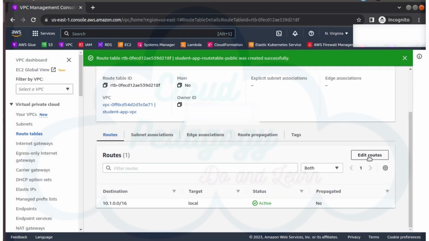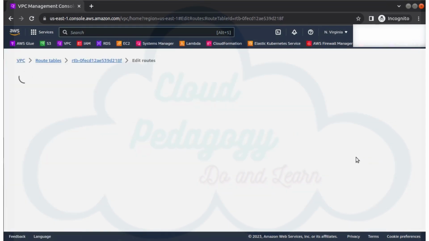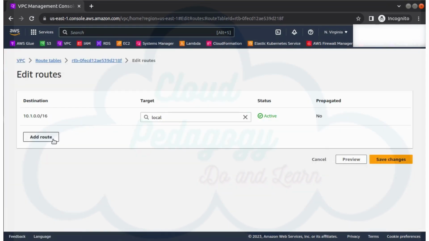Okay, our route table is now created, but we are not done yet. We still have to edit the routes to allow traffic to flow from the internet gateway. And then we will go to the routes section in the bottom summary table. We will click Edit Routes, Add Route, put